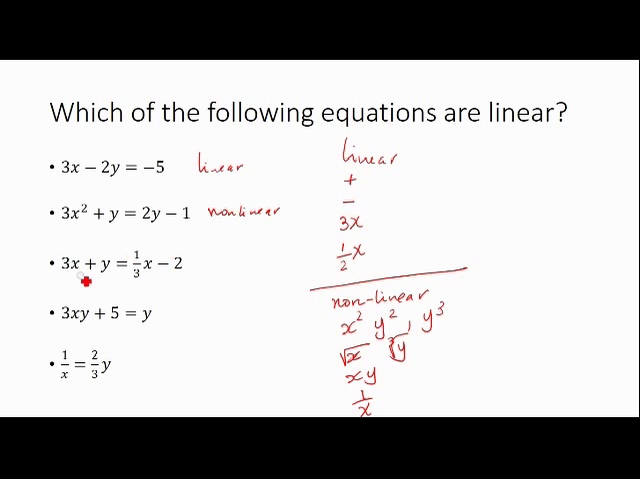On the third one, you're only multiplying numbers times variables, and you're doing addition and subtraction, so this is a linear equation. On this one, you're multiplying a variable times a variable, so this is nonlinear. And on this one, you're dividing by a variable, so this is nonlinear as well. You don't need to have